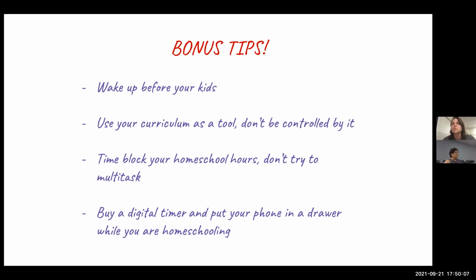Use your curriculum as a tool. Don't be controlled by it. That's what BeckiJo was saying. I tried to think of an example of what curriculum do I use that I don't use the whole thing? And I would say First Language Lessons, which is a grammar curriculum for elementary school students. My kids memorize, there's poetry in there that they want you to memorize. Now you can just use it like follow the bouncing ball, but some days they're memorizing a poem and my